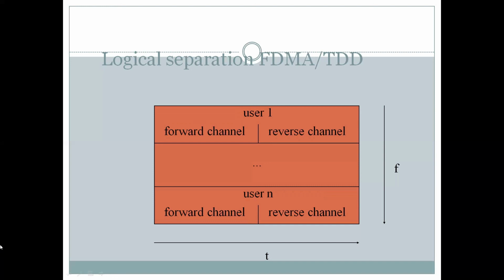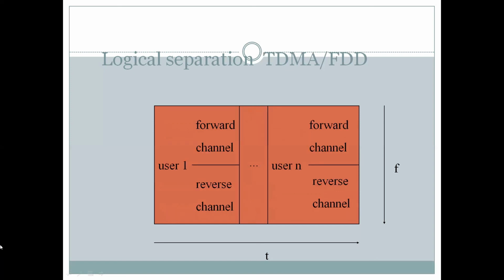So this is the logical separation diagram for FDMA with TDD. It means FDMA implemented with time division duplexing. Now the duplexing is to isolate the transmitter and receiver, and multiple access is to enable more and more users in one frequency band. So we have talked about frequency division multiple access with both frequency division duplexing and time division duplexing up to this point.